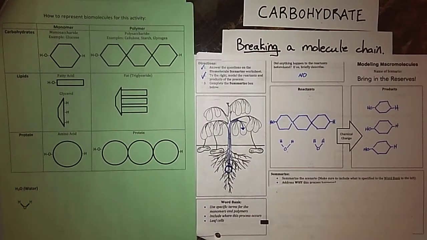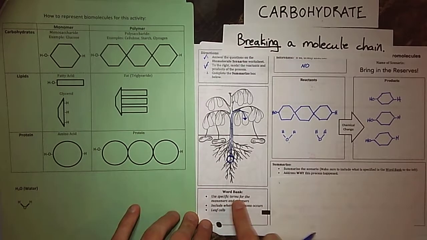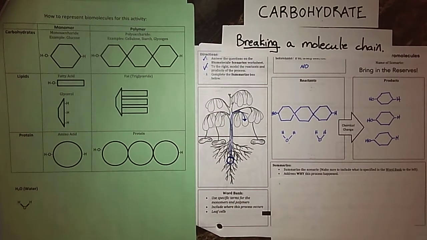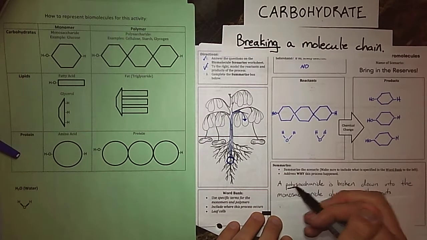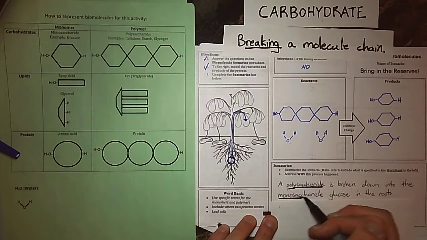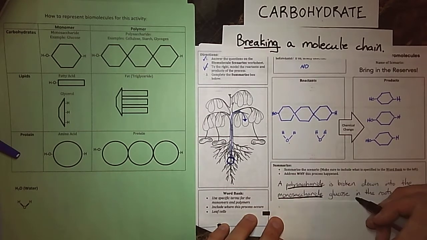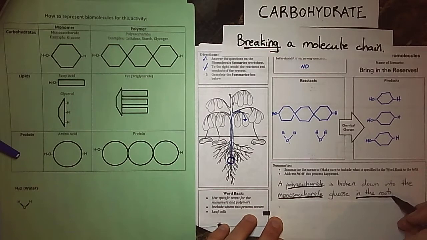The next thing is really just summarizing everything that we just did and using our main terms. So I need to use my specific terms for monomers and polymers, and I need to include where the process occurs and also include the word leaf cells. So here's my first sentence. A polysaccharide, so that's that specific polymer for a carbohydrate, is broken down into a monosaccharide, the specific name for a monomer for carbohydrates,